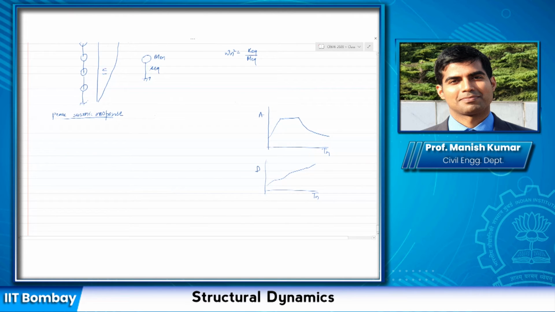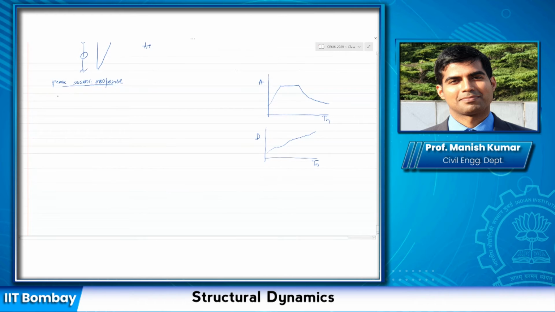So in this case, I know that my uj at any level, this would be uj of t, isn't it, is nothing but phi j times z of t. Now, if z of t I can obtain as L equivalent times the response subject to the ground motion, if the maximum value I have to write, I will simply write it as Z naught